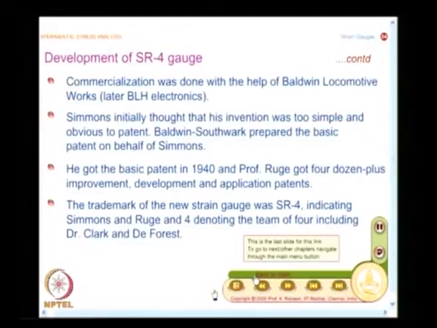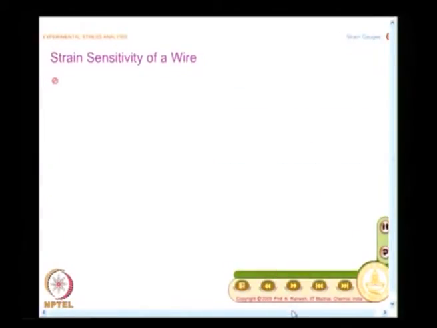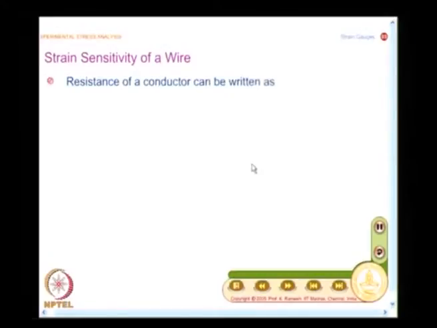Now people understand what is strain gauge. Imagine in those days arriving at this kind of a new technology was not a simple task, and that is the success of whatever you have as development. And now we will have to look at mathematically how do we proceed.